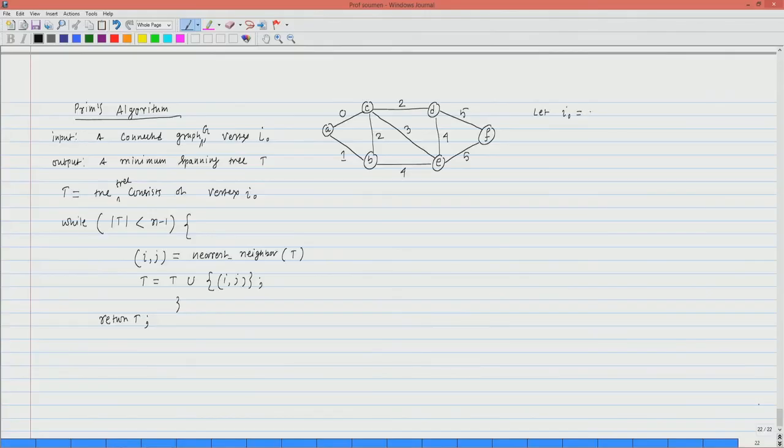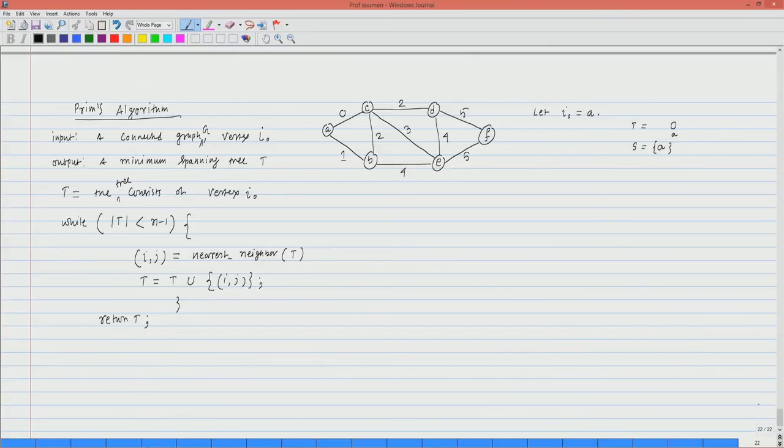Let i naught be equal to A, the vertex A. Okay, so now at this moment your tree consists of only one vertex, that is the vertex A. That is all. This is your tree. And what you have to do is find the nearest neighbor of it. So, S at this moment is equal to A. It consists of only one vertex, that is A,